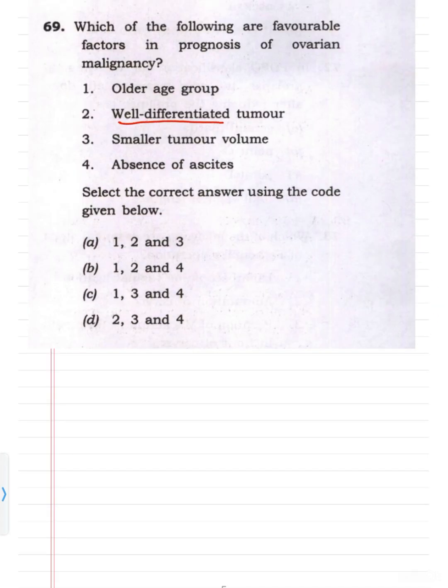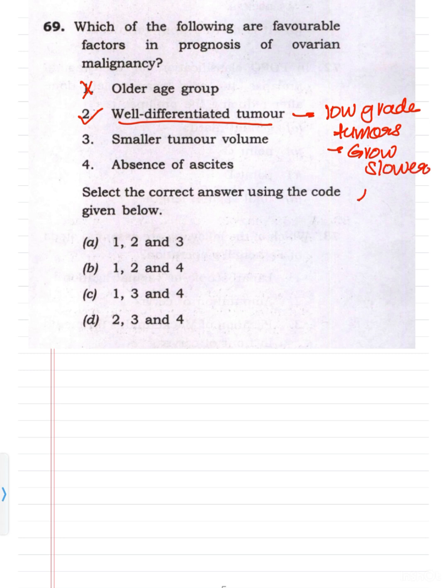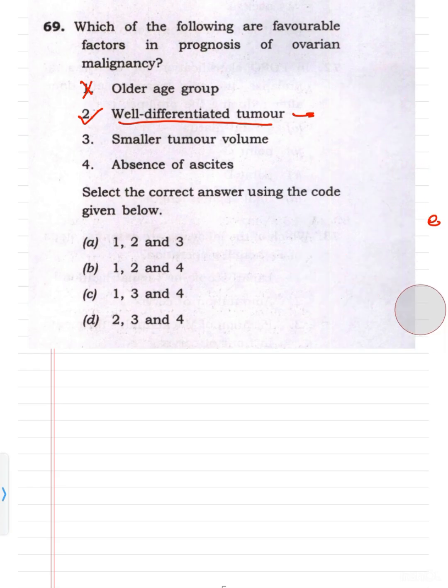Second option is well differentiated tumor. So this is correct. Well differentiated tumors or low grade tumors, they grow slower, they are less aggressive, and they have better prognosis. So second will be correct. Coming to third one,